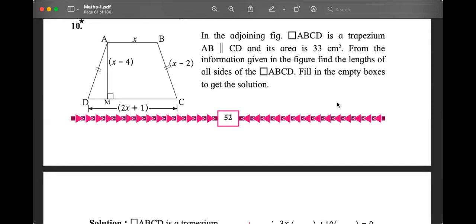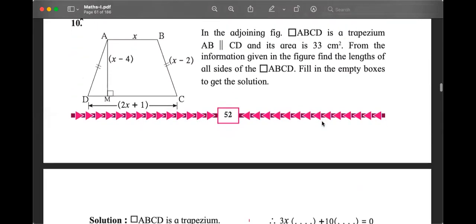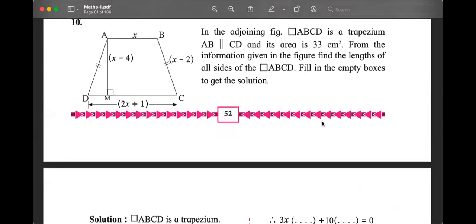I have picked up this question because it is also an activity-based question, in the fill in the blanks form. Because it is in the fill in the blanks form, it becomes much easier. This particular question, although it is in Maths 1, is about both Maths 1 and Maths 2. Trapezium is geometry. Quadratic equation is algebra. So in this question, we will try to find something about the trapezium using algebra.